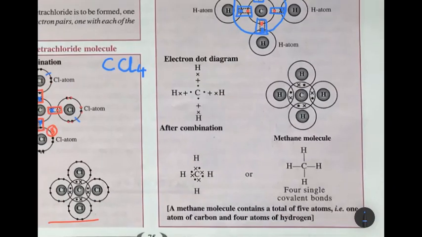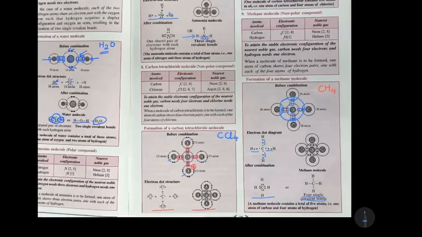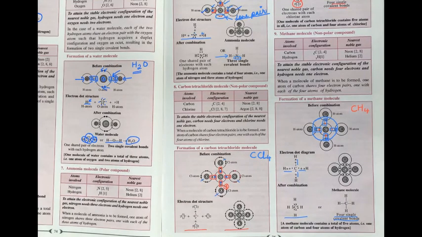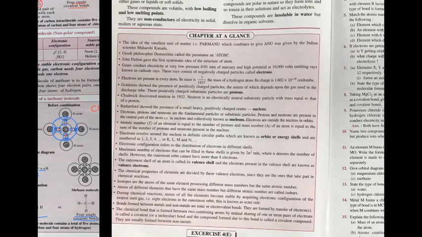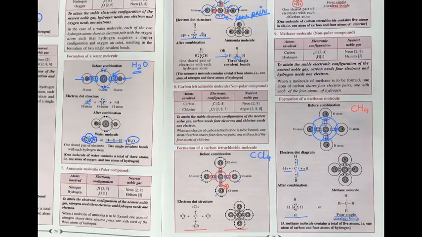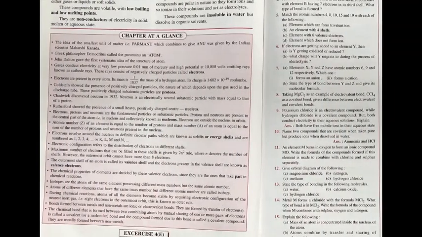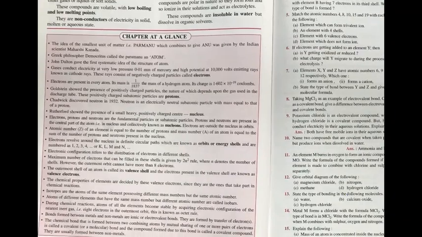Okay, so electron dot, it is shown how it is shared on either 4 sides, and after combination it turns into this, or you can write it as 4 single covalent bonds. Okay, so that is how the methane molecule is formed. So you are going to draw these diagrams. You will draw the orbit structure as well as the electron dot diagram. So remember, children,